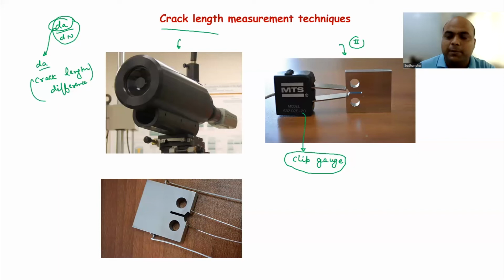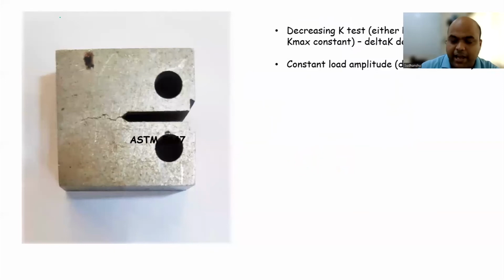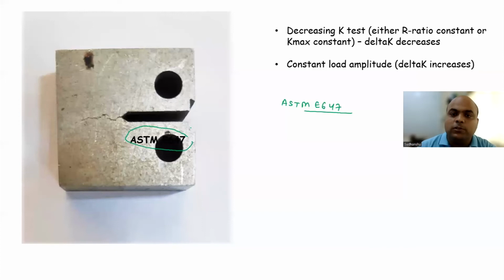Now let's come to the measurement of delta K. To do that, we have to use some samples, right? When we do fatigue crack growth measurement for an alloy system, we are going to use ASTM E647. If you go through that, it talks about the standard method of crack growth rate measurement in